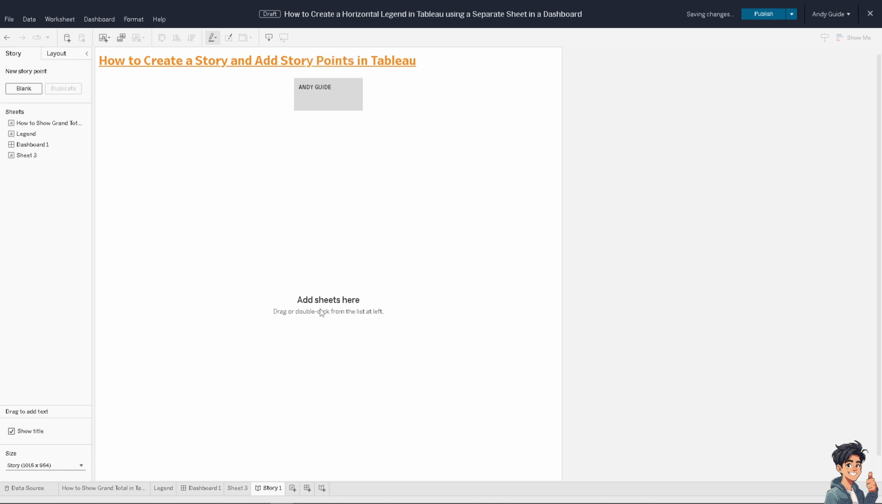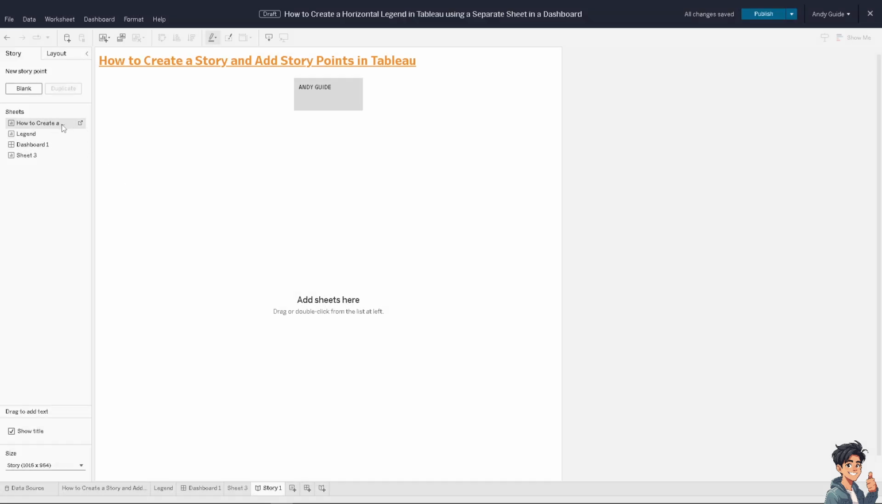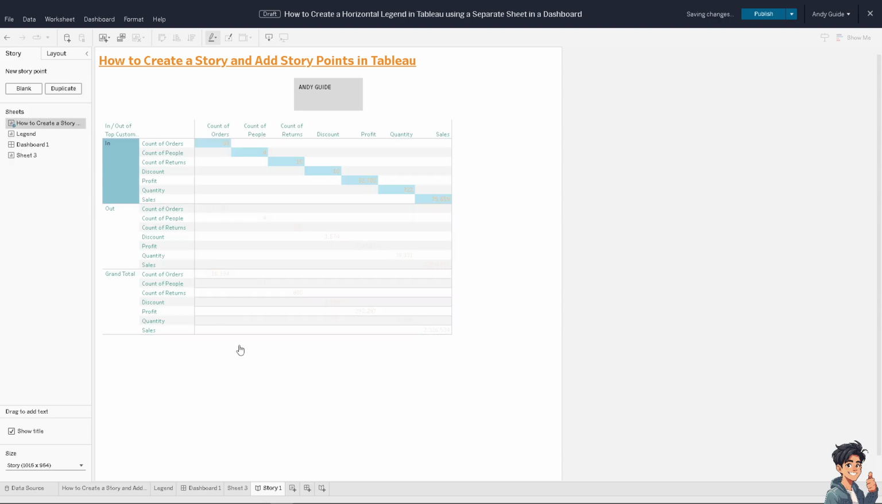Now, you can add sheets on this specific story, right? So I'm going to put in this. And I'm going to rename the story here. Like this one. Okay. There you go. And then you can simply click on this one right here. Just double click the sheets and it will be automatically added on your specific story. All right. Now after that,